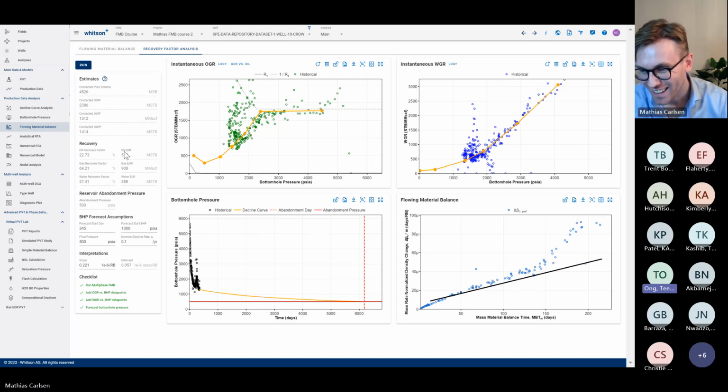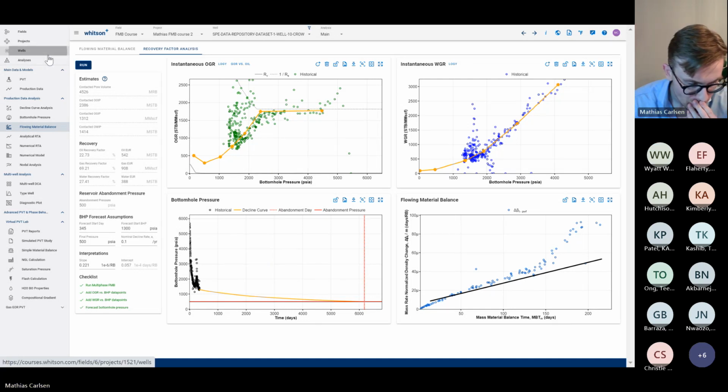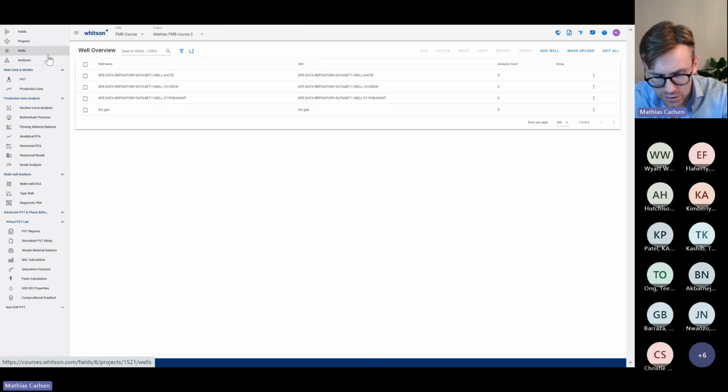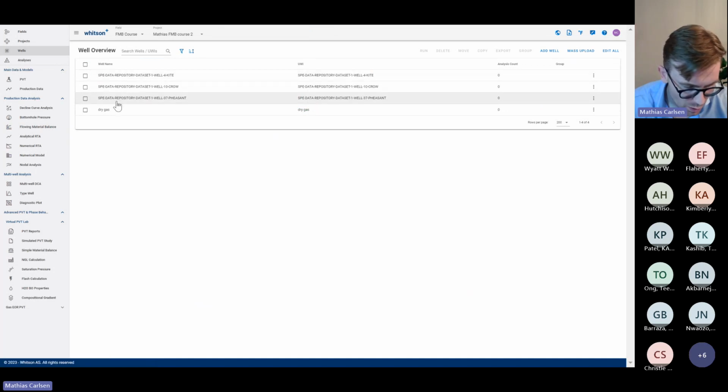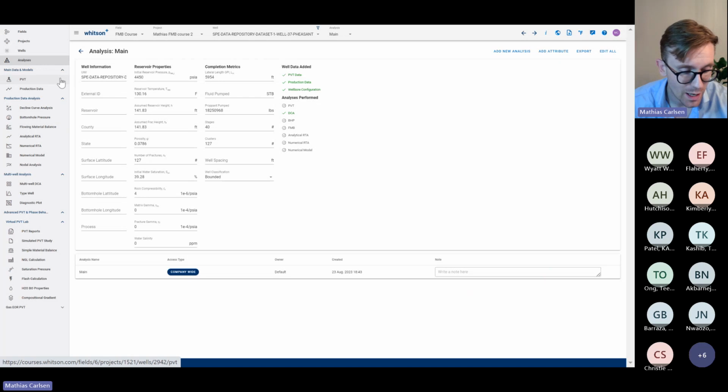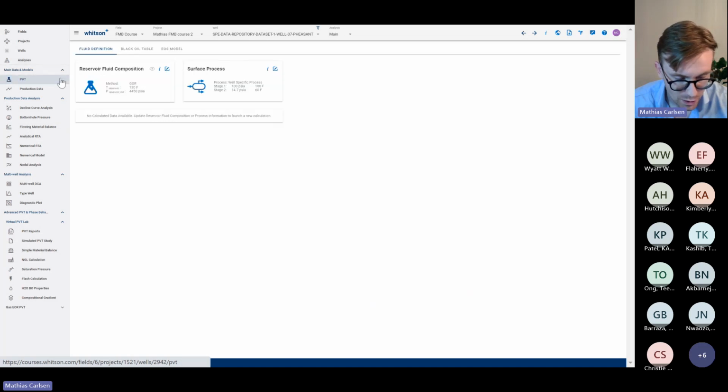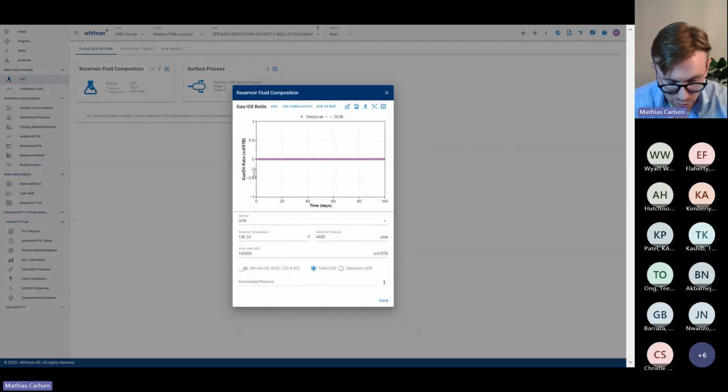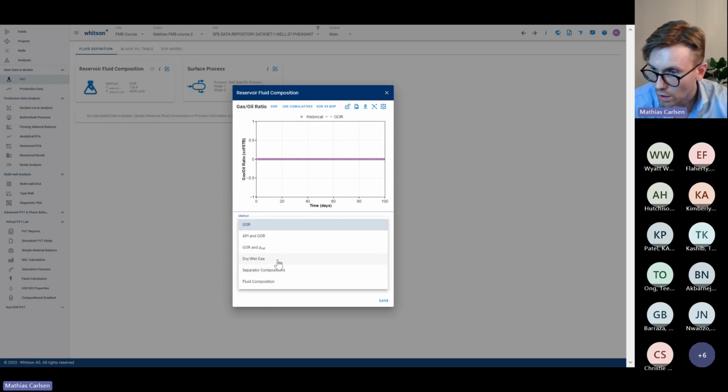No worries. Okay, we're going to do one last thing. We're going to do this for a dry gas well, and this is just to kind of get it in your fingers. For a dry gas well, I'm going to do the 37 well, which is the fastened well. We go to PVT, reservoir fluid composition, change the method from GOR to